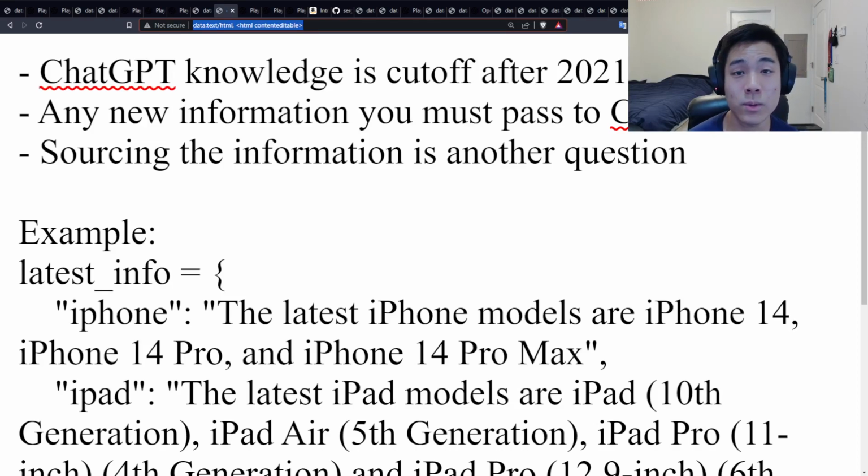So basically, if you wanted to get information from 2022, 2023, the latest news today, all that type of stuff, you must pass it to ChatGPT yourself. Now, sourcing the information is a whole other question that I'm not covering because honestly, I haven't solved that problem either. And that could be solved by either a search query, using search APIs, or something